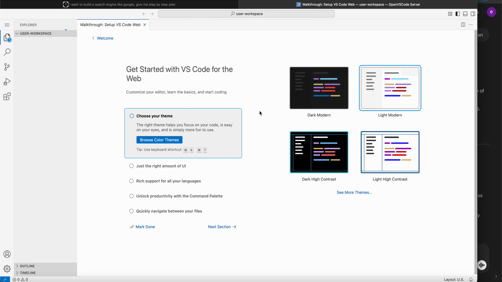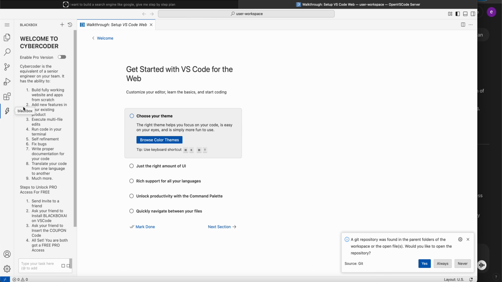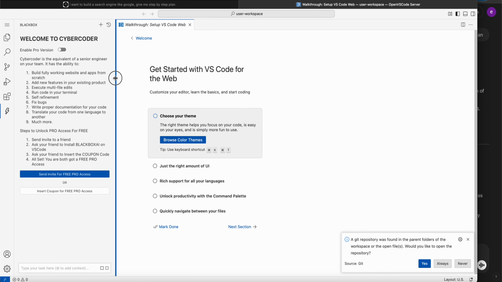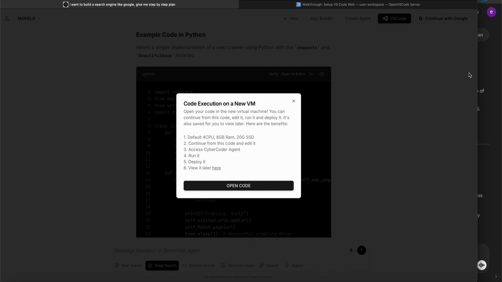We're allowing the ability also to select which virtual machines you want. Here you have direct access to CyberCoder, which is the autonomous agent by BLACKBOX, and now what you can do is that you can continue working from this point on. So we're gonna go back